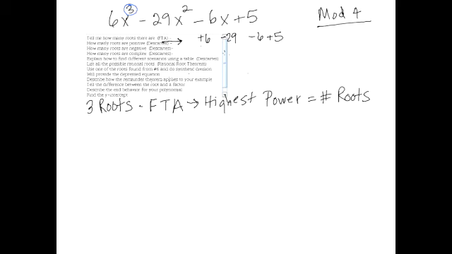To find the number of positive roots, you're going to count the number of sign changes. So if the first number is a positive 6, that is 1 sign change. It goes from a positive 6 to a negative. Now, negative 29 does not change signs when it goes to negative 6. So that is not a sign change. However, going from negative 6 to positive 5, that is a sign change. Yes. So that means that, according to Descartes' rule of signs, there is going to